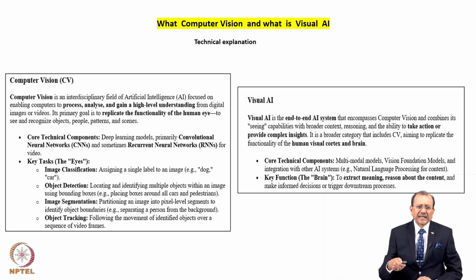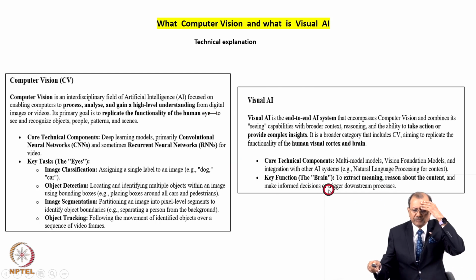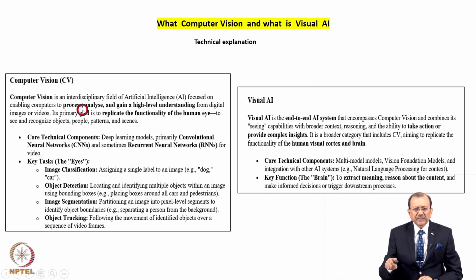In this slide I tried to explain something called visual AI also. Computer vision and visual AI are not very different terms. Only in the case of visual AI, we find much more logic, the way our brain functions. Computer vision, to some extent, is a technology where the computer has an eye, while visual AI is a technology where both eye and brain are coupled to each other.